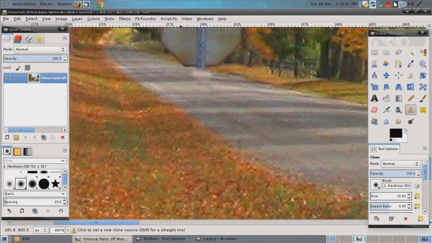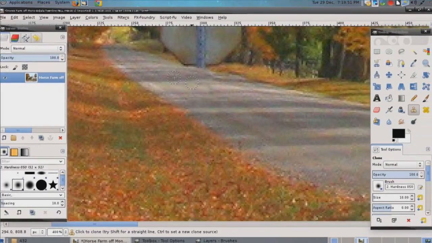Now grab the road, clicking the control key and then my mouse, and I can start painting in part of the sign here. And you'll see that it's sampling everything, including shadows and everything. So now I have this bit of a dark line because it copied shadows. So I can control click here and get rid of some of that. Won't work right there, but I can go here and make the shadows kind of line up so that it's a little more realistic. Grab that kind of colorization there and try to make it look as real as you can. And it's really quite simple.